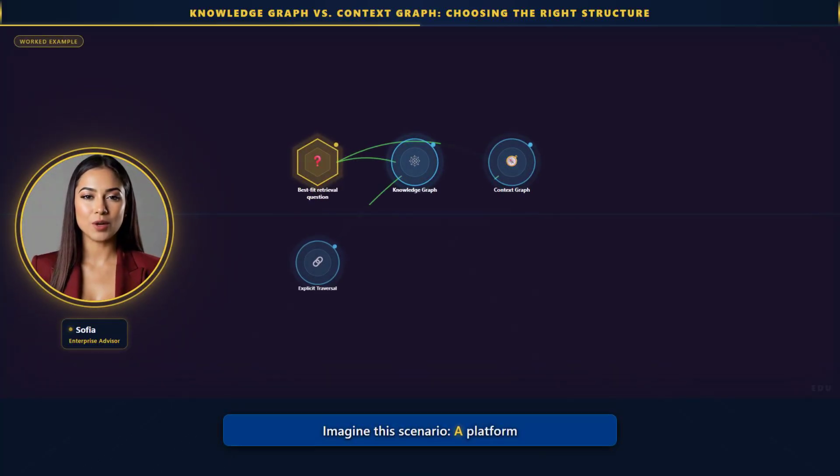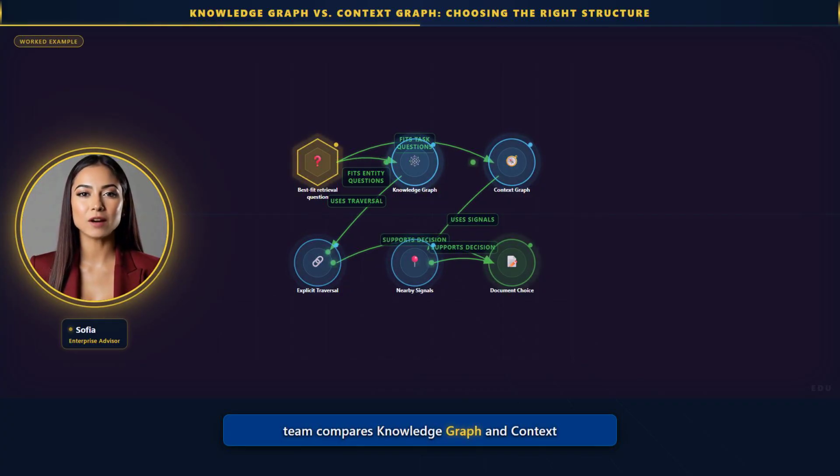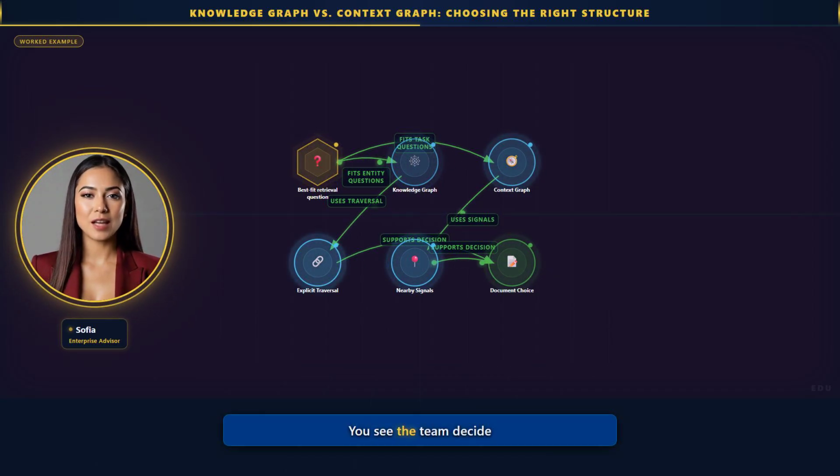Imagine this scenario. A platform team compares knowledge graph and context graph by the best fit retrieval question for a new retrieval workflow. You see the team decide that entity-to-entity questions need explicit relationship traversal, so knowledge graph fits best. Task-scoped questions need nearby signals that narrow the working set, so context graph fits best. The outcome is they document the chosen approach before implementation, and they use the structure whose retrieval question matches the